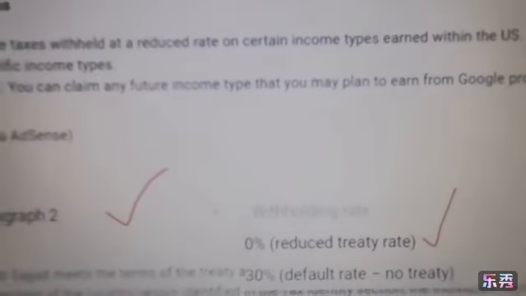Here they will ask again for tax information, you can read it. Okay, you can tick mark this and browse, select article 3 and paragraph 2. Then you can select 0% reduced royalty rate. This is the information. If you select this, then the tax will not be applied on your payment. And then I select this. Okay, with this option,